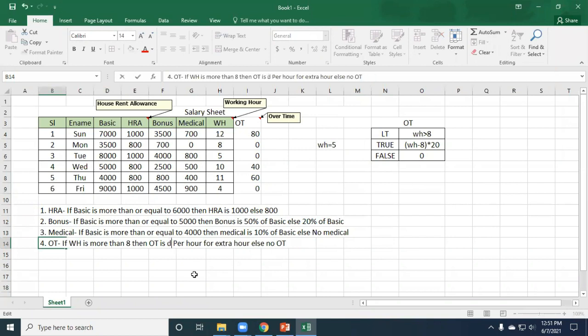You have to change, OT is double of hourly rate of basic per hour for extra hour, else no OT. That means double of hourly rate of basic.